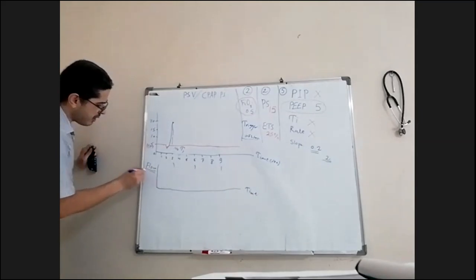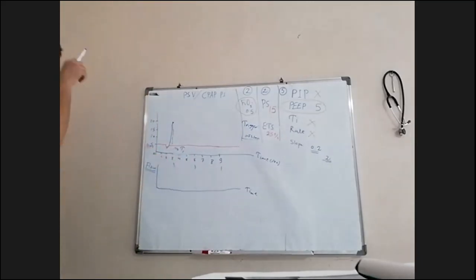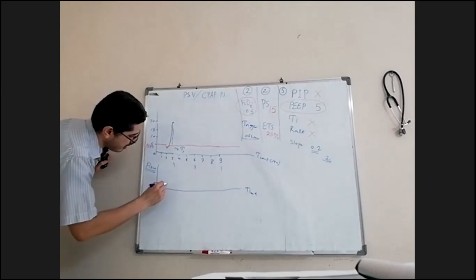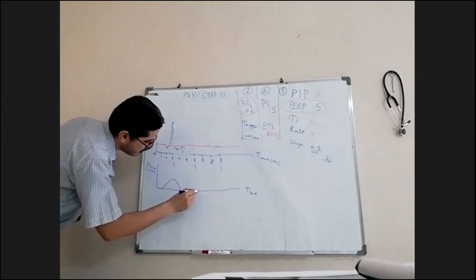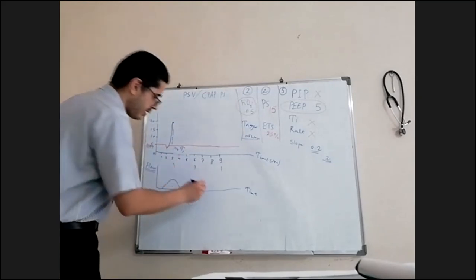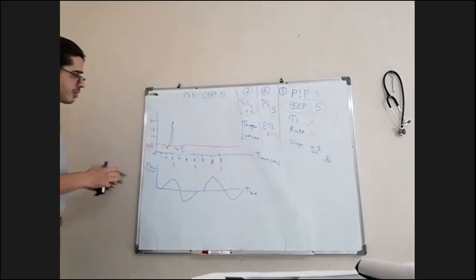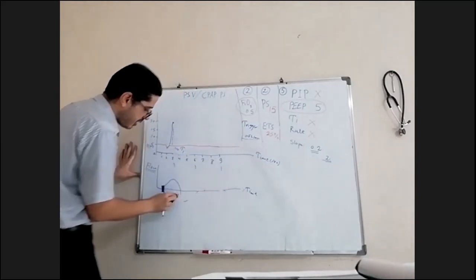So flow, if you are interested in mechanical ventilation, you can go and read about types of the flow. So the common pattern of flow is the decelerating flow pattern. Decelerating flow pattern is like this. We have inspiratory flow, and then expiratory flow. This is the flow pattern. Inspiratory flow and expiratory flow with every breath. So we will see on the flow here,